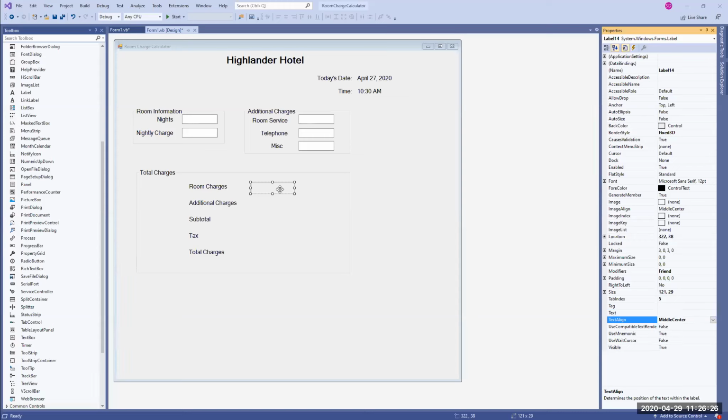So we have that. I don't know if we're going to change the background color. If you want, you can use the BackColor option, and you can change that. So if you want, you can change the background color. And then once you have what you want,